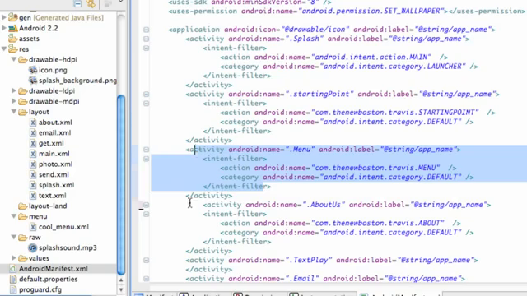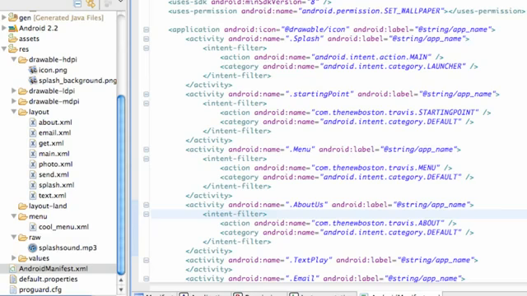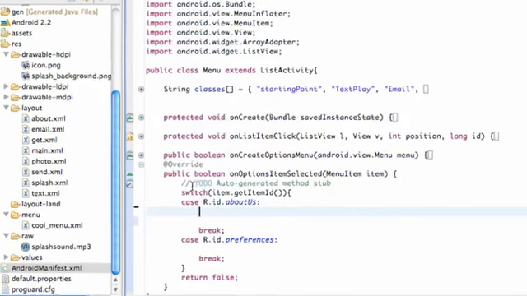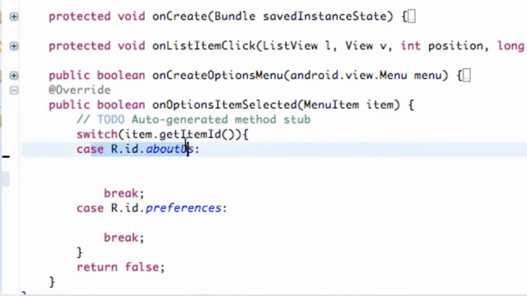I just copied this, pasted it right here, Control Shift F to format, and change it to your class name, which is called AboutUs, and change your action name to ABOUT, capital ABOUT after the package name, and again make sure it's default. Nothing new so far, but basically all we have to do now is set this up in our menu class. Again, once our button About Us is pressed, and we're going to do it the old school way,